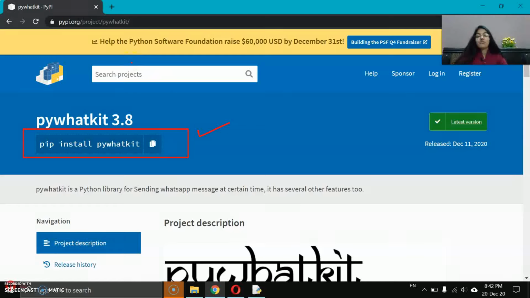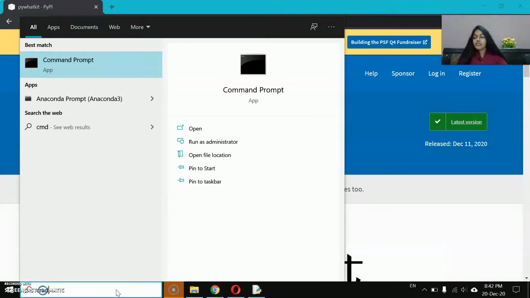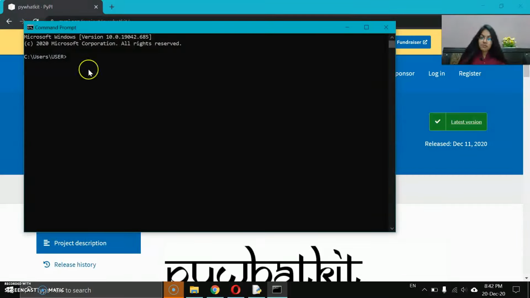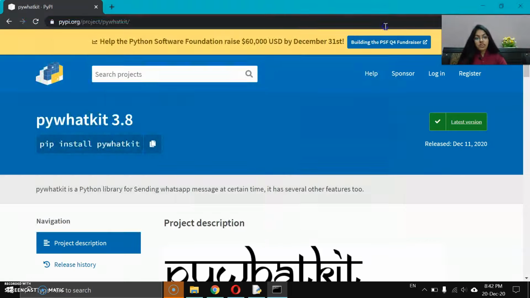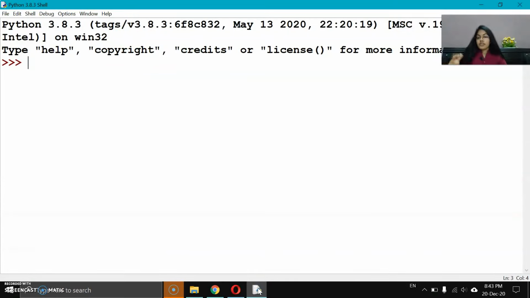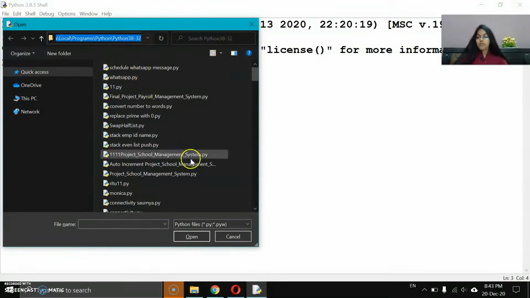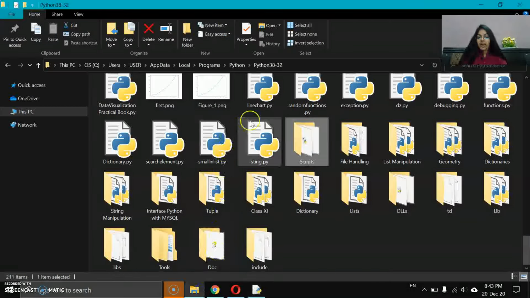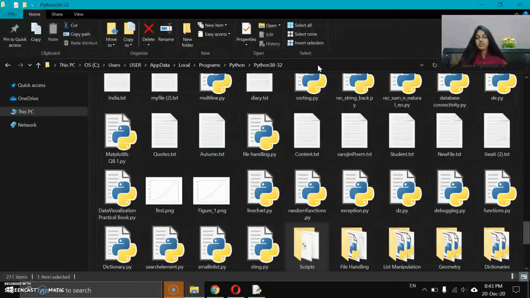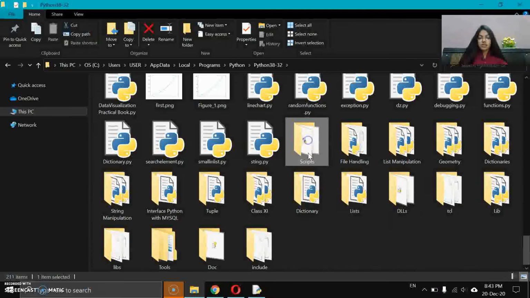You might have installed MySQL connector, Matplotlib, and whatever other modules you installed. The very first method is that either you can install it using your CMD prompt. If while installation of Python you have checked that path, so from here you can install this or you can execute this pip command. Or second method, better using that script folder. For that you have to open this, copy the path from here, Ctrl+C, and from here you have to paste this path. After that you have to locate the script folder.